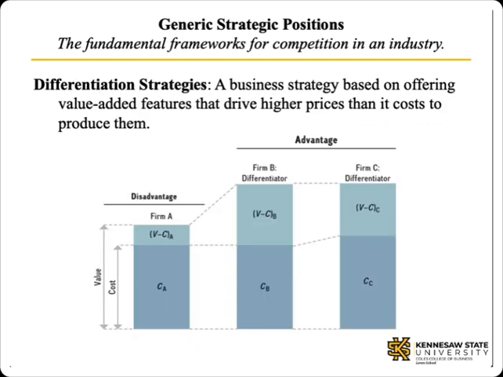On the other side of the coin are differentiation strategies. Here, the strategy is to offer upgraded features to products and services to differentiate them from competing low-cost options, and to do so in a way that the firm can charge more for the features than it costs for them to add them. The game is still to pursue a spread between cost and value, but by commanding higher prices rather than minimizing costs. Here again, Firm B is the winner.